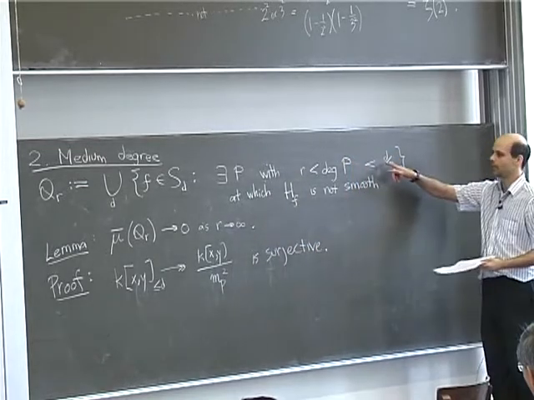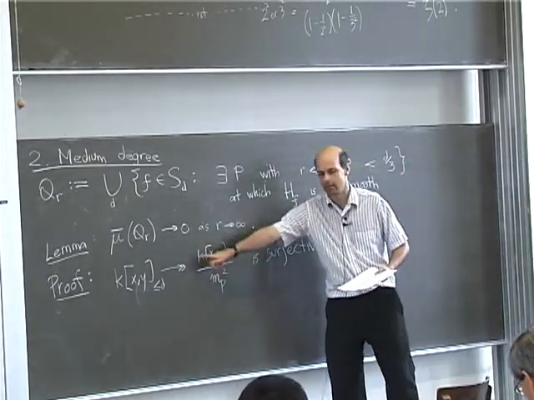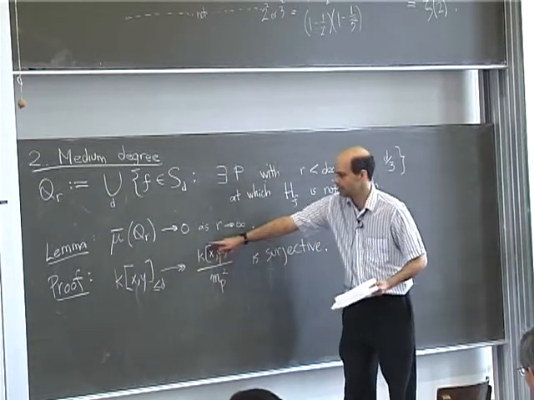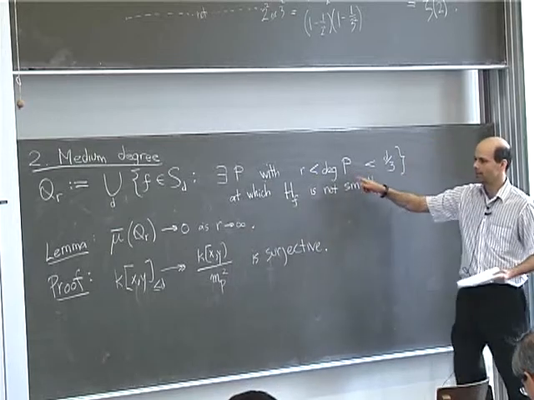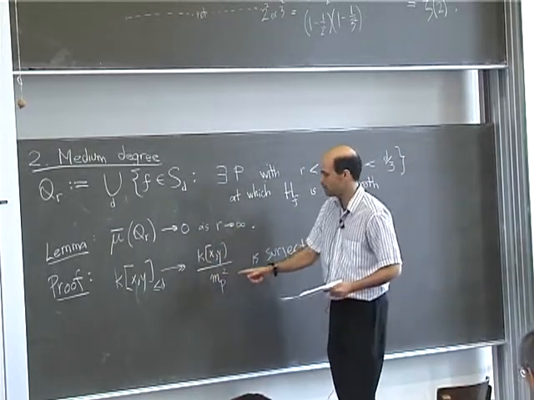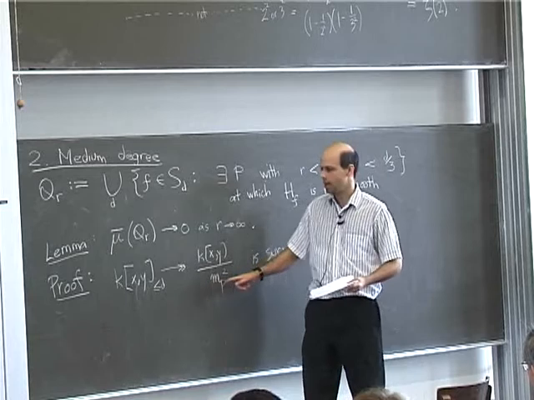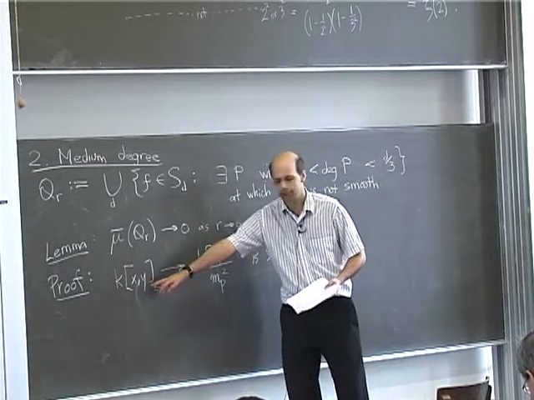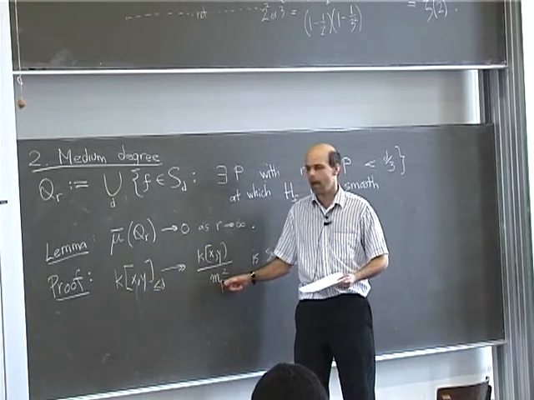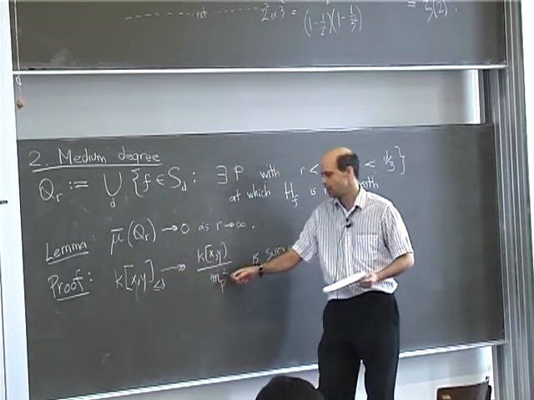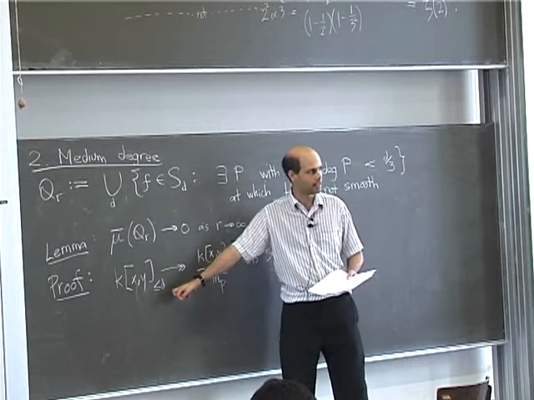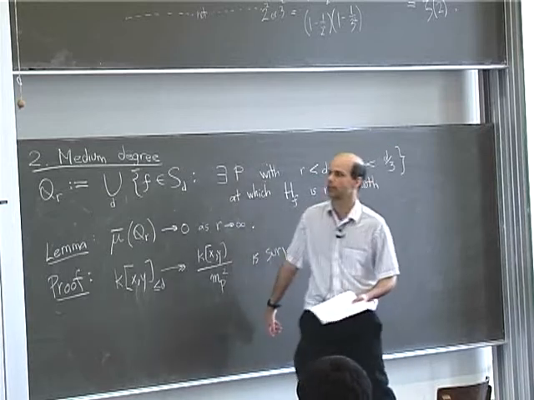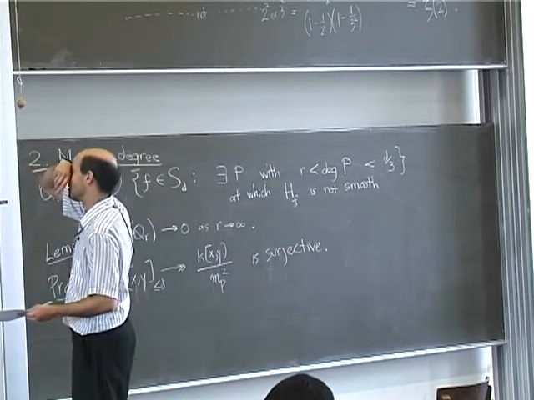The reason I put d over 3 here is that the dimension of this space here is 3 times the degree of p. So under this hypothesis, this quotient has dimension less than d. And so by the argument I gave before, this will surject onto this. Therefore, if I want to know what fraction of these polynomials have a singularity at p, in other words, which of these polynomials map to 0 here, that's going to happen with probability exactly 1 over this cube, so 1 over q to the 3 degree of p.